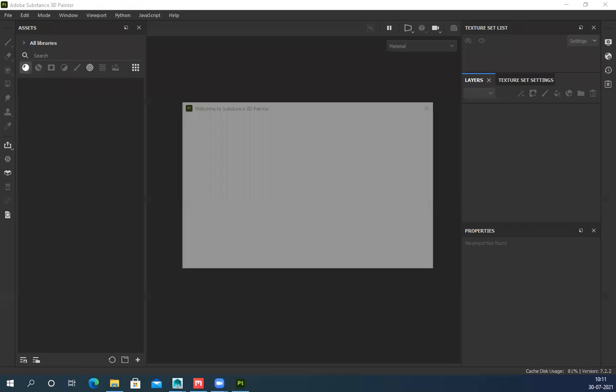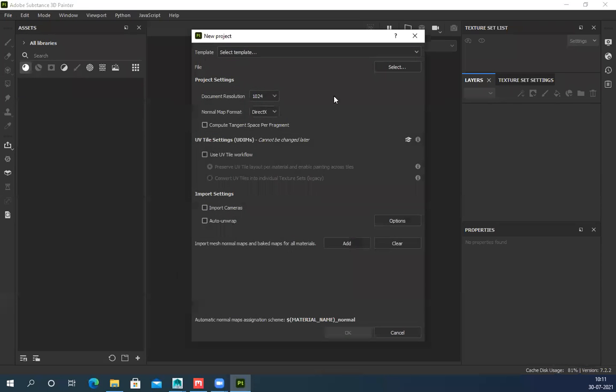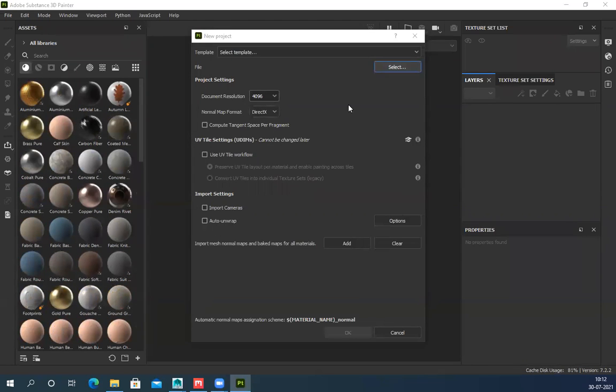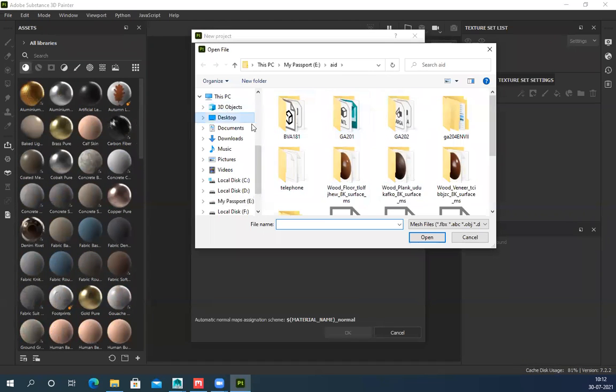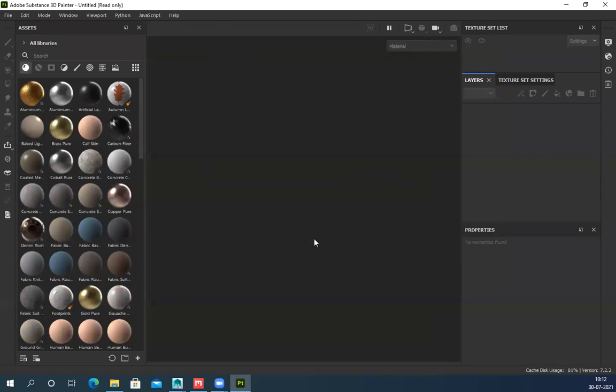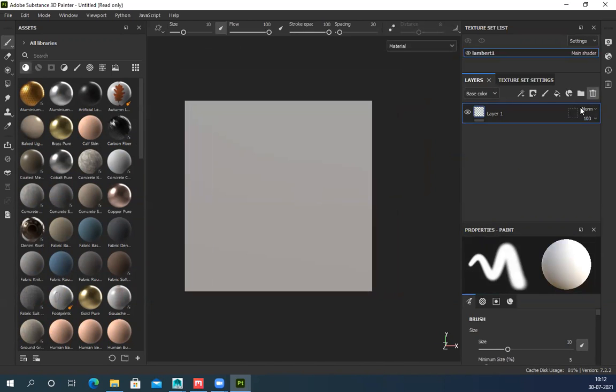Just close Bridge, close new file. 1K, 2K, I'll just select 4K here. All these things don't matter because it's just a color map. So desktop, for ID, open the file, load. Yeah, just a plane, nothing else.